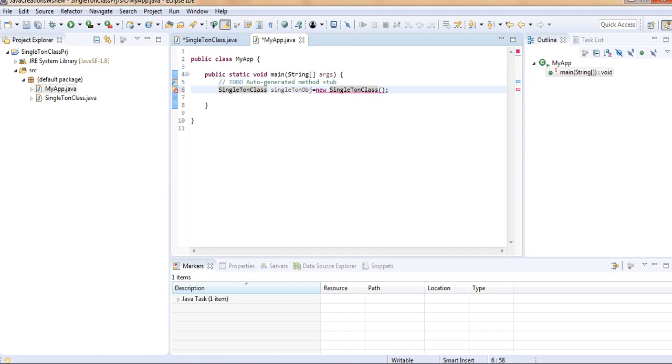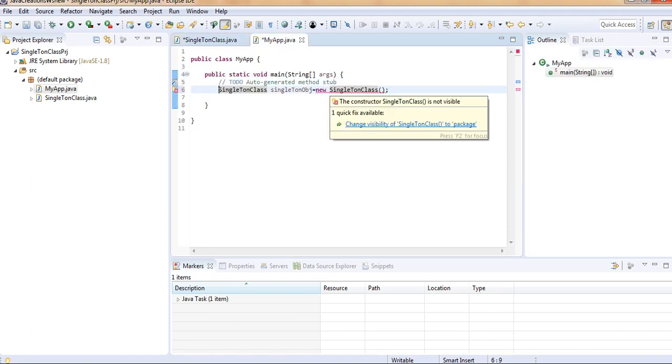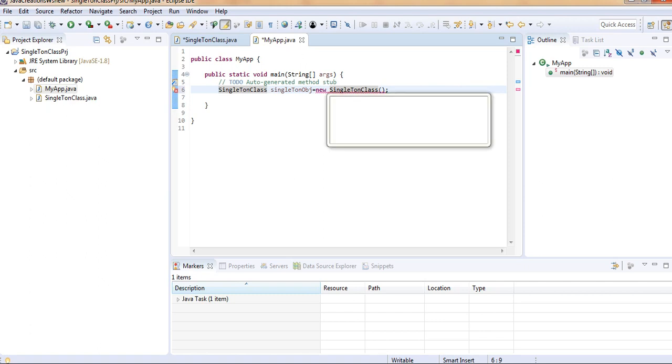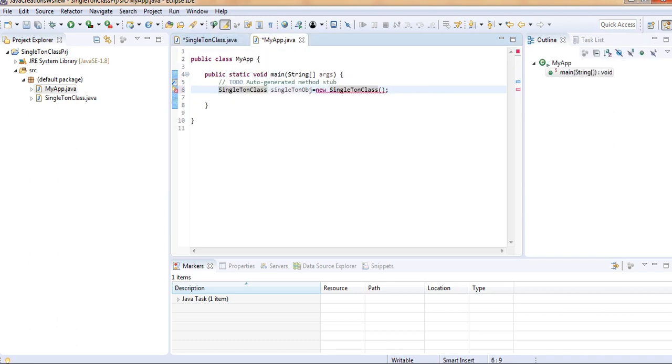We wanted to stop this common way of creation, so I made the constructor private. Now you can't do this, because the constructor is private and it is straight away going to give us a compile time error. So I hope this point is clear. Let me remove this.